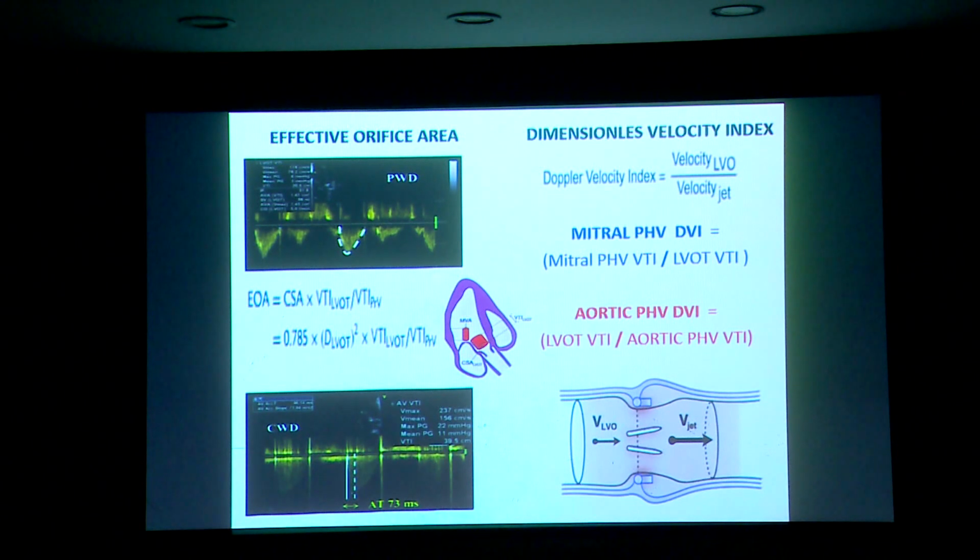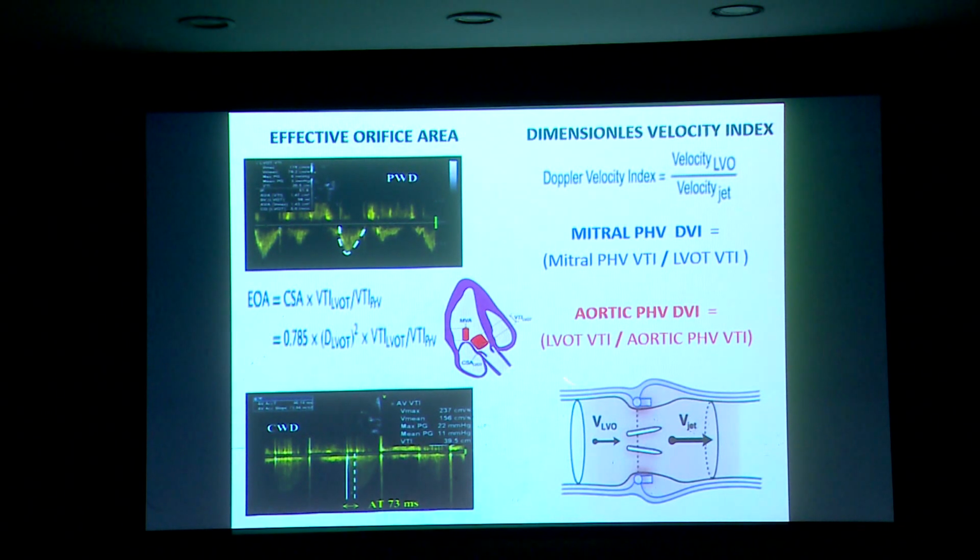When you want to calculate stroke volume, calculate the area, you need an LVOT diameter. Sometimes when you put a prosthetic valve in situ, you cannot see the LVOT borders clearly. There can be technical errors with the struts and the edge to edge technique. So there can be calculation errors because in pi r square, the radius is squared, so the error gets squared as well. So we have a modality where you don't take the dimensions into account. You just compare the ratios of the two velocities across the LVOT and the prosthetic valve.